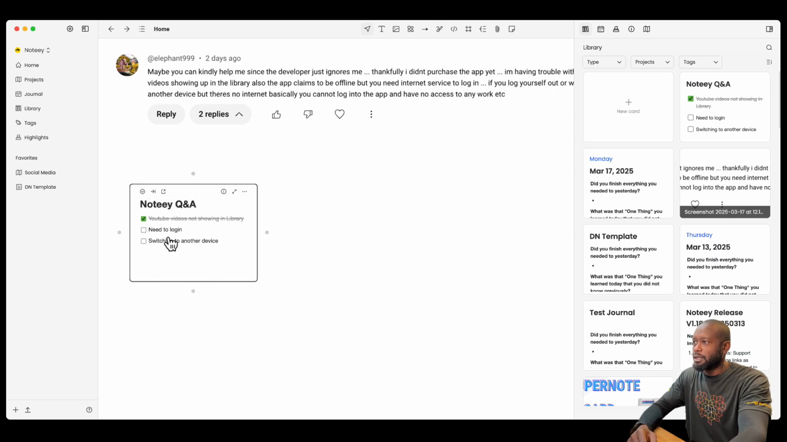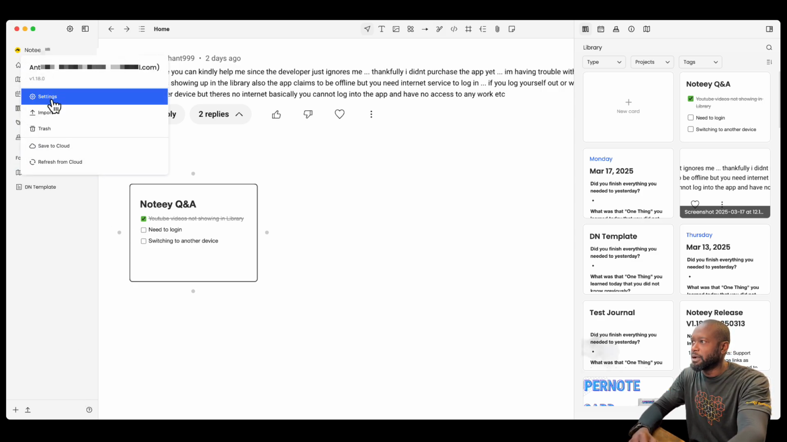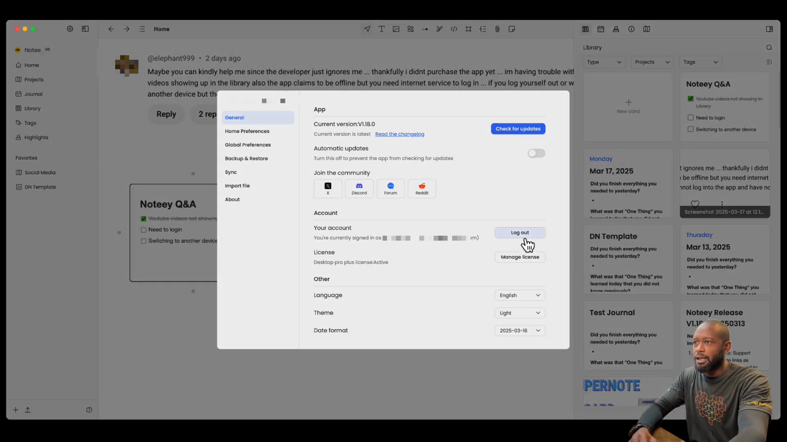So the next one is need to log in. With Noteey, you do not need to log in to the application. You can completely use it for free without logging into this app. I can right now log out of this application and still use it and still see all of the information. So if I come in here, I go into settings, I log out,